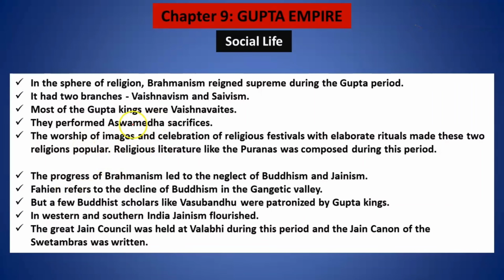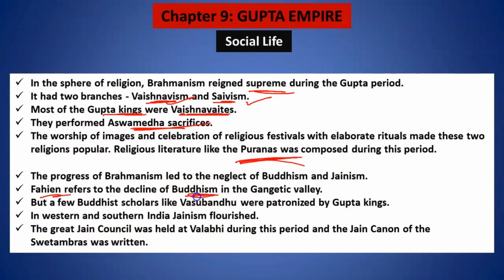It's quite obvious that Brahmanism started during the Gupta period, and it had two branches, Vaishnavism and Shaivism. This is about Lord Shiva, this is about Lord Vishnu. Most of the Gupta kings, they were Vaishnavites, that means worship of Lord Vishnu. They used to perform Ashwamedh sacrifice also. This we have already studied. I already told you that Purans were composed during this period. Now apart from that,